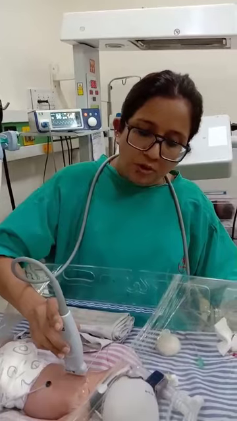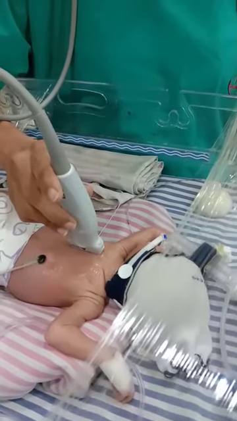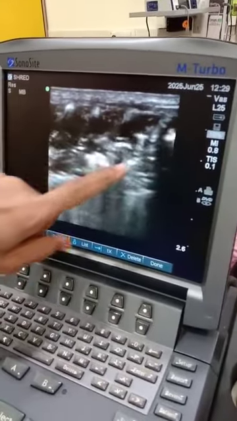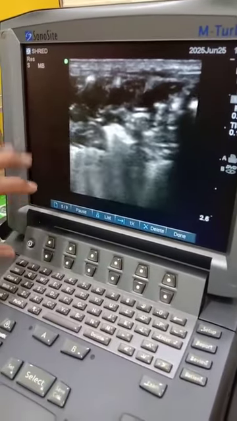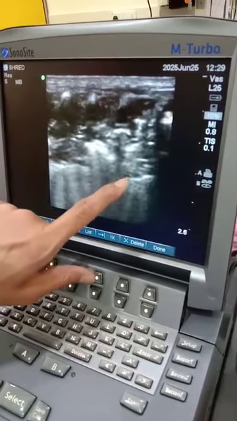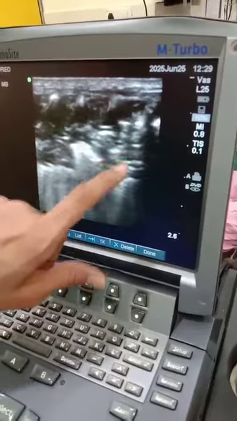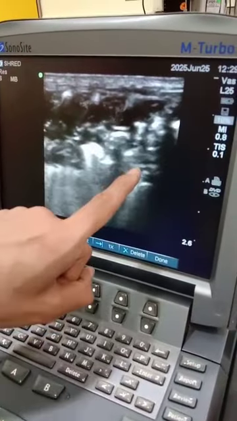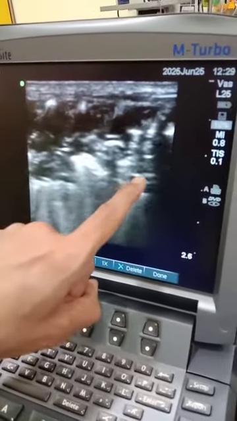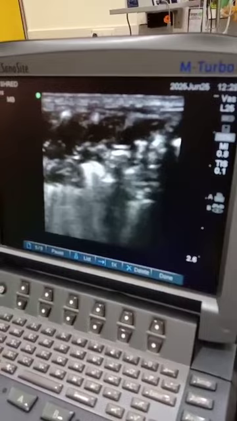I am keeping the probe on the left R5, R6, right? Look at the picture. Again there is no pleural line. Pleural line is not seen, it is not established, and this whole area, L5 and L6, is atelectasis, and there is a shred sign, there are air bronchograms, more of a static kind of bronchograms. We also have linear bronchograms, look at these horizontal lines, these are linear bronchograms, and this is a B profile.